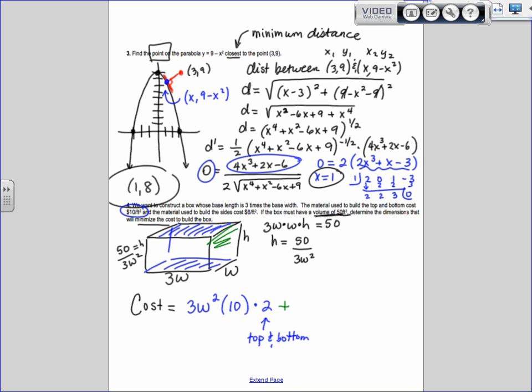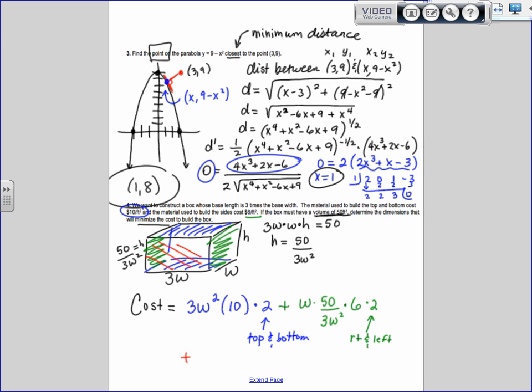Now let's talk about the right and the left. The right and the left are going to be w times h, but in our case, h we found is 50 over 3w squared. So we have w times 50 over 3w squared. So the w's will reduce. That's the area. How much are they costing? $6 per square foot, so times 6 times 2, because we have the right and left. I'm not done, I just ran out of room. So plus,